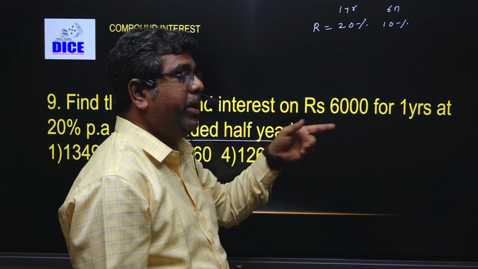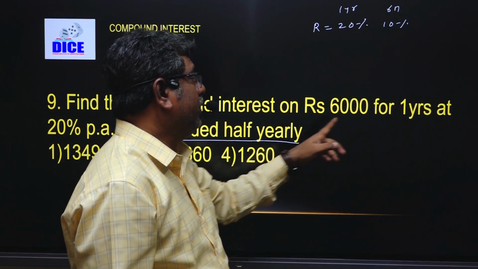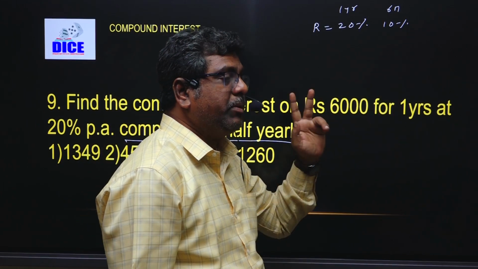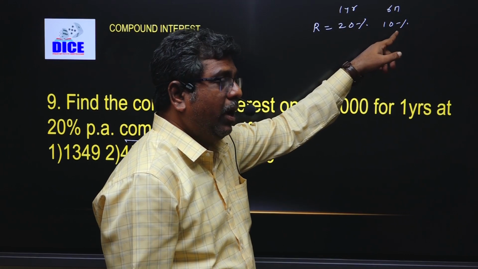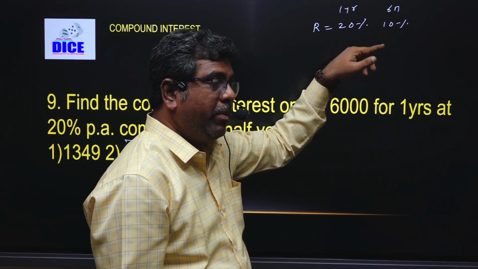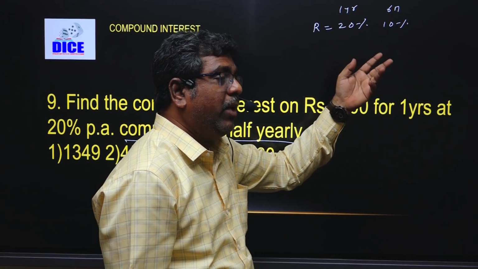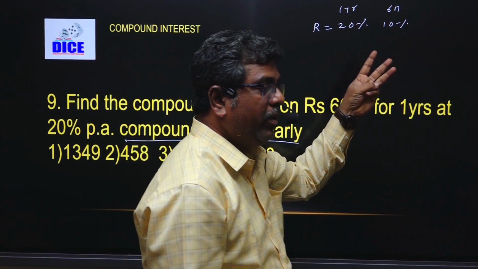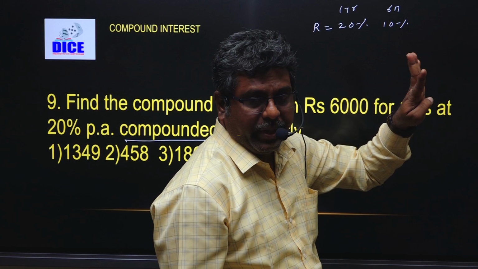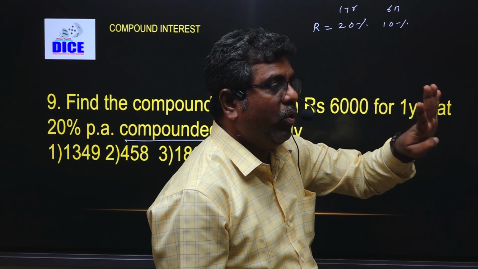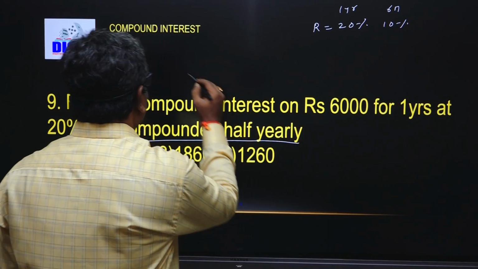So how many times we have to take means the time is 1 year. In 1 year, how many 6 months will you get? So that's why we have to write down 2 times 6 months. 100 plus how much? 110. 110 by 100, 110 2 times. So suppose it is 1.5 years. How many 6 months will you get? 3 times. So you have to write down 3 times. If suppose the time is 2 years, how many 6 months will you get? 4 times. Now I am writing amount A is equal to